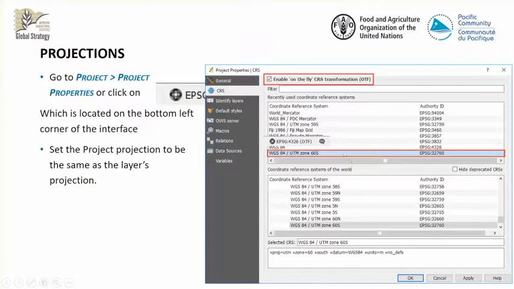Then I set the projection 32760. Okay, if you see that the different projection systems are not activated, you cannot select them. It's because you have to check on enable on the fly CRS transformation. Okay, what does this on the fly transformation mean? This means that